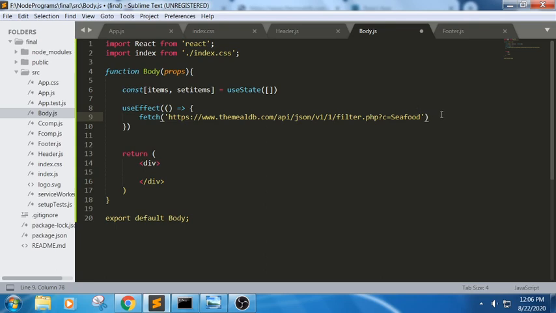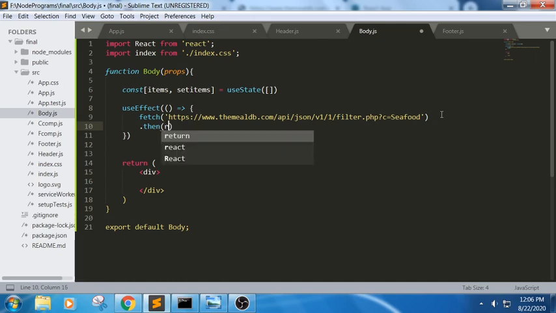So next, the fetch method will have the URL as the first part, and next we will use a response. We will check whether it has retrieved the data or not.